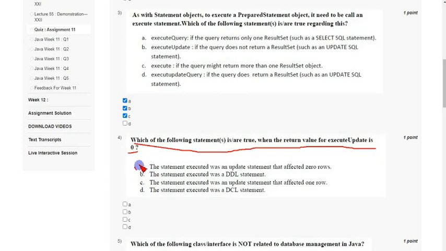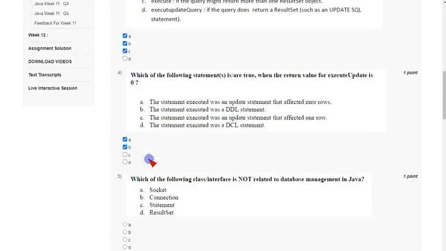First one is option A, that is the statement executed was an update statement that affected 0 rows, and second one option B, the statement executed was a DDL statement, that means data definition language statement. So mark option A along with option B as correct answers for the fourth question.